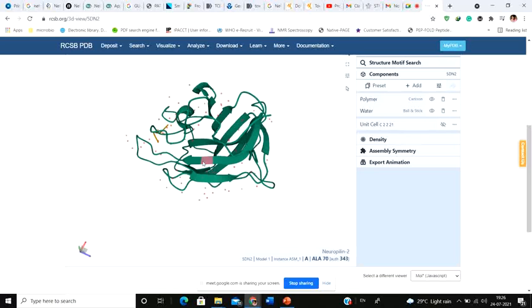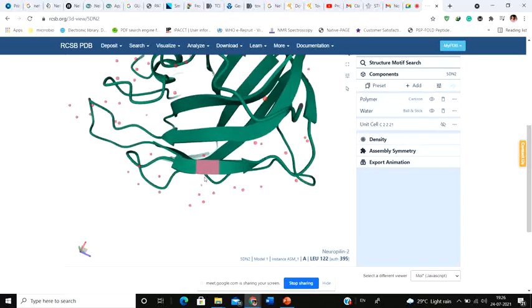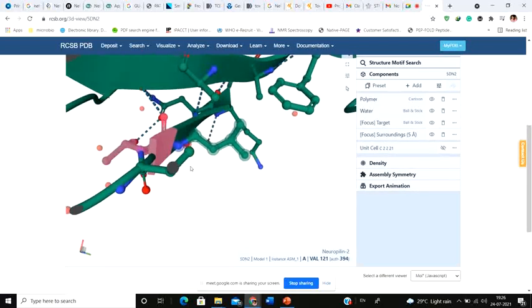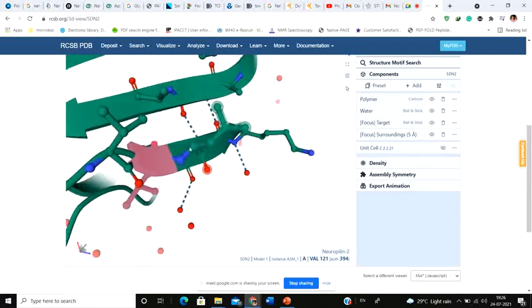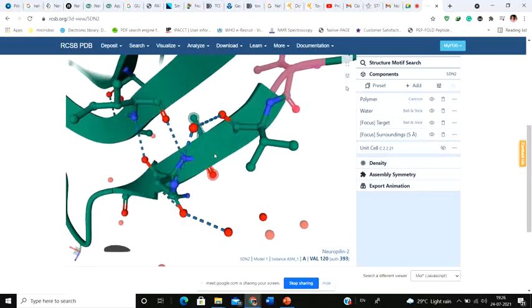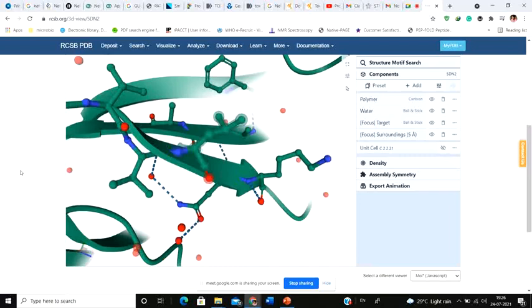Okay, and even if you simply select a particular residue, it is going to get zoomed in and it's going to show the entire connection at that particular location. It's going to show how this particular molecule is connected to one another. So these are the hydrogen bonds that are actually keeping this particular secondary structure stabilized. Okay, so like that, this allows you to visualize the entire structure.